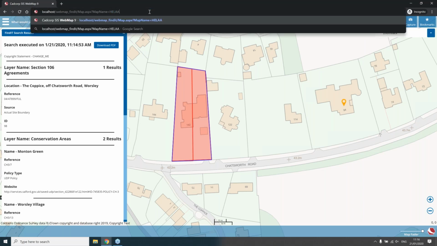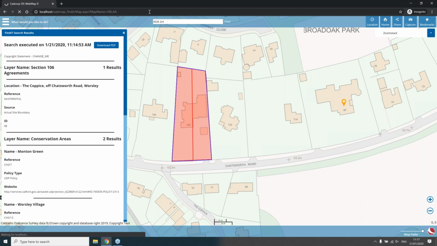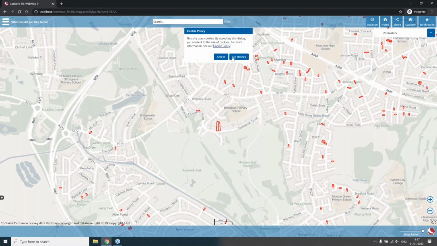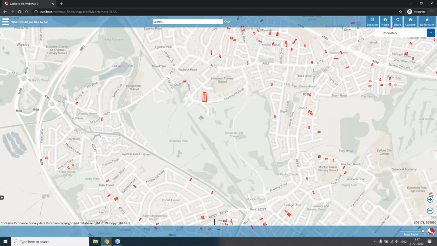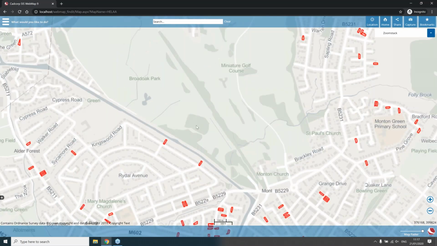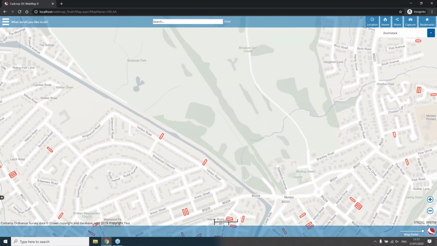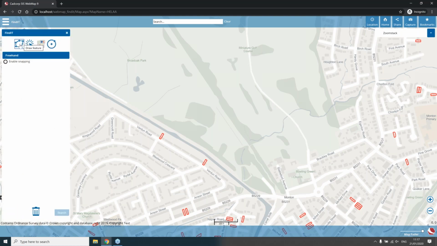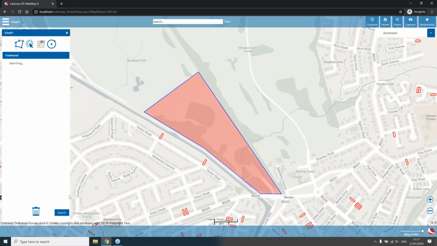So the other one could be our housing and economic land availability assessment, which is an appraisal of the amount of land available for development within a local authority area. So the planning officer, this time in question, knows the area that they're interested in to look at the constraints that might fall within the area that they are questioning. And what they will do is click on the Find It tool. This time they are going to draw the feature that they're interested in. So we're going to say that this piece of land to the south of the golf course is the one that we are questioning. We can double click to finish, and then when we click search,